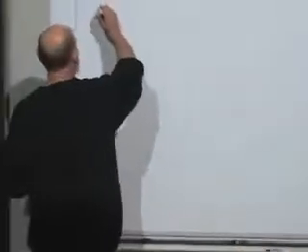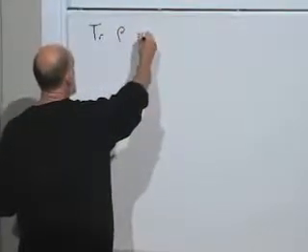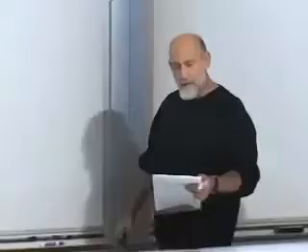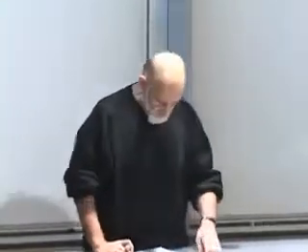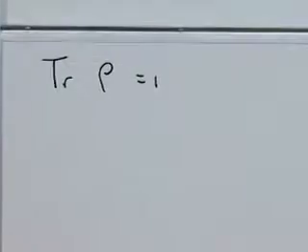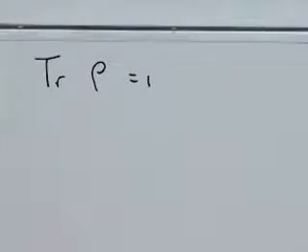The condition that the sum of probabilities adds up to 1 is denoted by saying the trace of the density matrix is equal to 1. Remember, the trace is the sum of the eigenvalues. The eigenvalues themselves of the density matrix can be thought of as the probabilities for different states. So first of all, the trace of the density matrix is equal to 1. The density matrix itself is a Hermitian operator. That's basically just a condition that the probabilities are real.